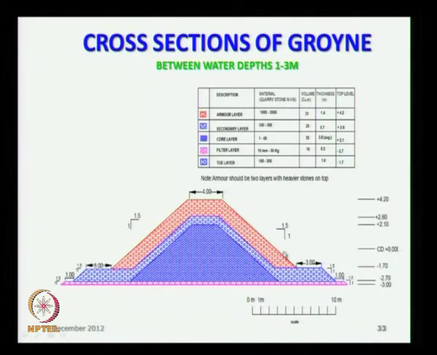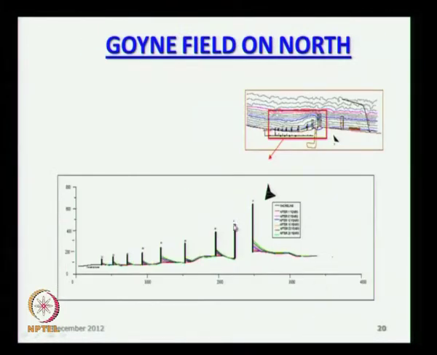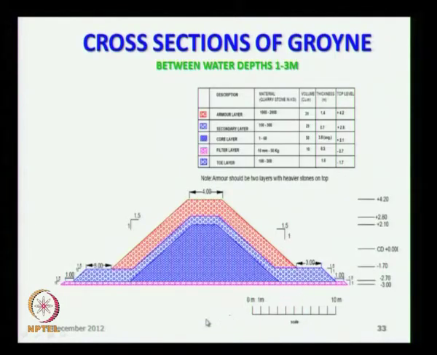The groin cross section is shown here. The seabed at about the tip of the groin varies at different contours, from 1 meter to 4 meter. At about 3 meter water depth, if you want to put the groin, we have to put the top layer. The width of the groin is 4 meter for construction purposes. The armor layer is bigger size stone, 1000 to 2000 kg, then we have a secondary layer of 100 to 200 kg, then the core layer of 1 to 50 kg, then a filter layer of 10 mm to 50 kg, then the toe mound here, which is about 100 to 300 kg.